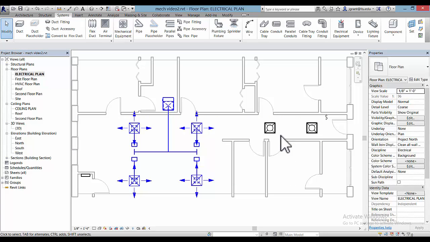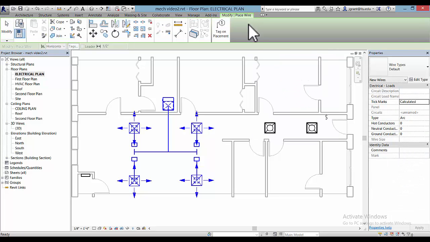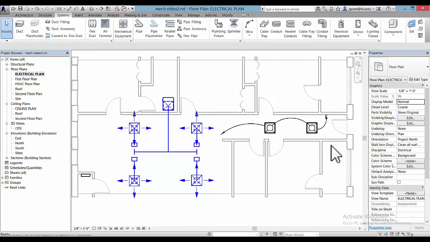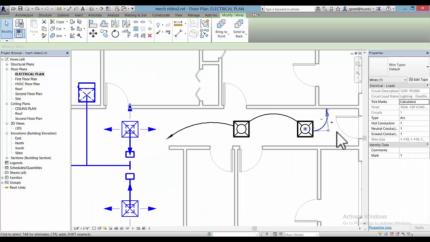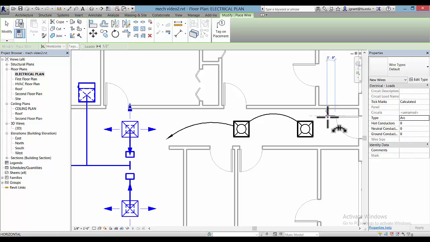We can pick the arc wire in the Systems tab and then left click from one fixture to the other. Now in this example I'm picking the switch, but I didn't get far enough to the connector. You'll need to left click the center of the light and then left click for the arc and then left click the center of the other light. So in this case I left clicked in the light and then a little bit further away and then again for the arrow. So I'm going to go back and delete this wire, because what I need to do is to get far enough back until you see that small connector